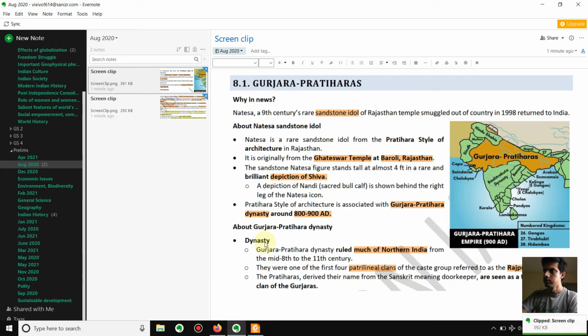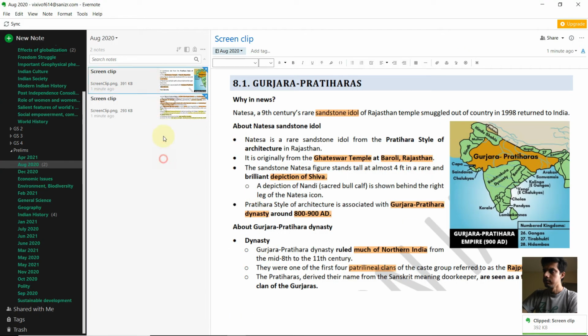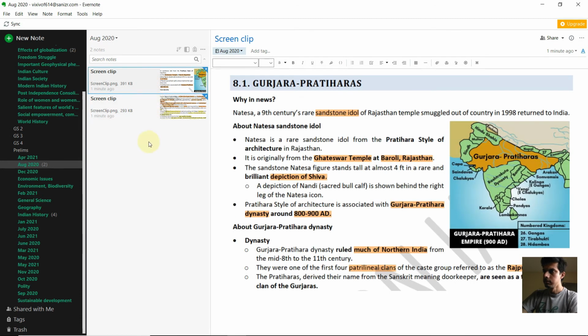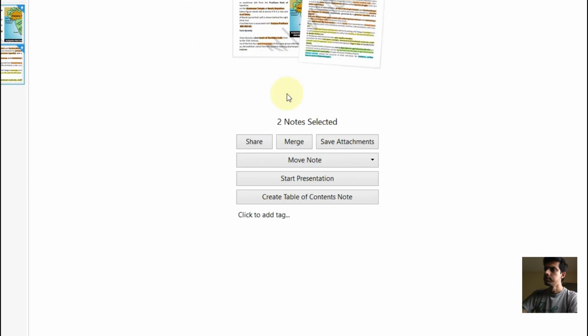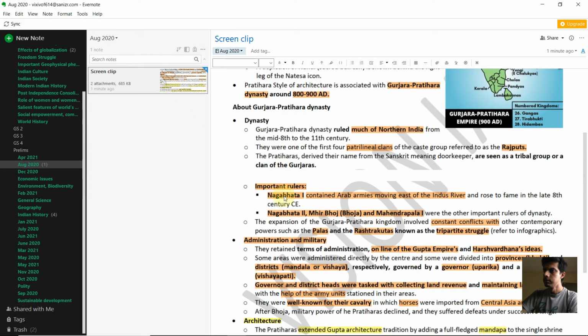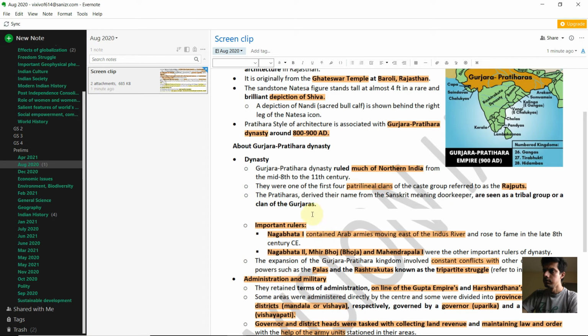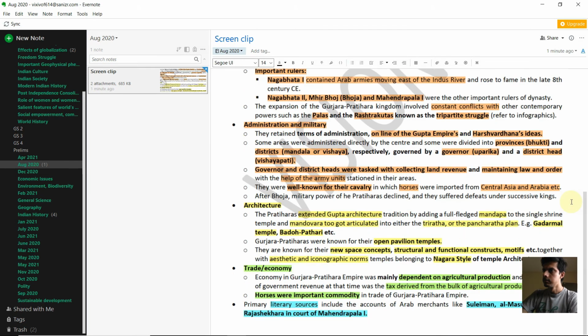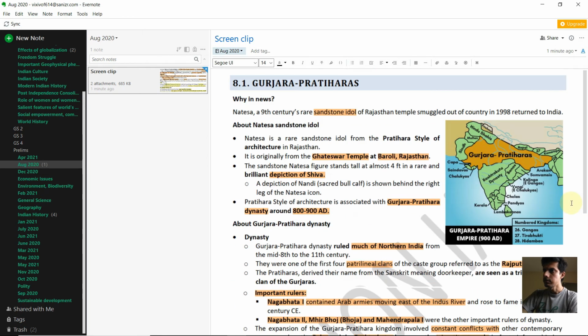Now you can see there are two notes created in this Evernote, so we have to merge them. You can press Ctrl and select both the notes, and then you will get this merge option. You left click on that merge button and both the notes will be merged into a single note. I have created a detailed video on how to merge notes in my previous video. I will keep it in the I button. You can have a much better look at that. But this is the main primary procedure of merging.